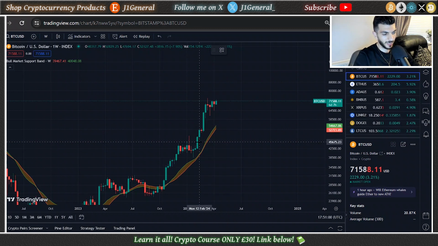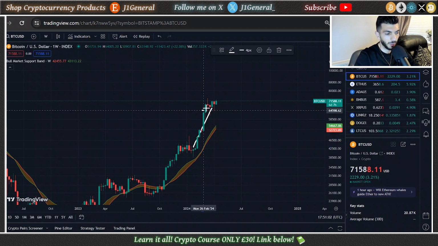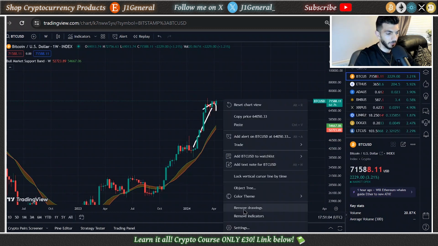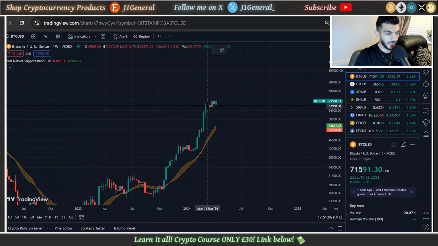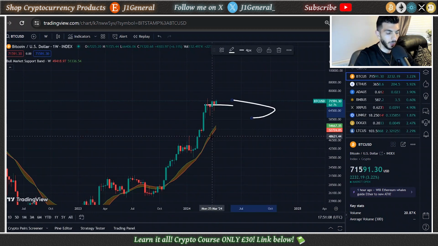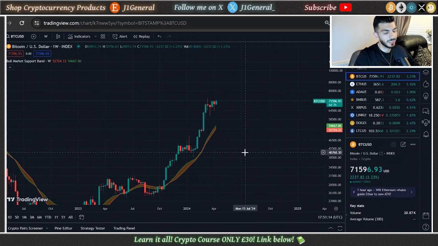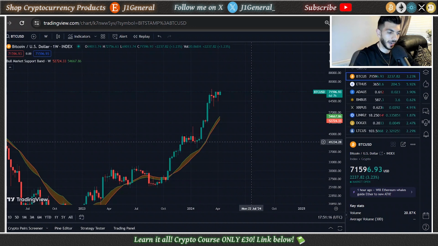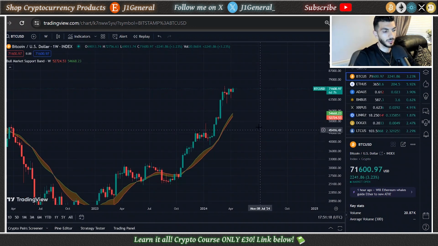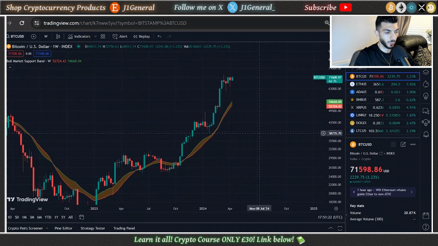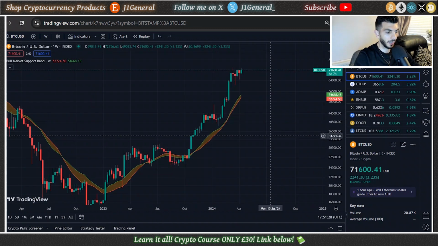That's because if Bitcoin is significantly trending above the bull market support band, Bitcoin can just chill out and go sideways whilst the moving averages catch up. That depends on how long the moving average is. In this instance, the bull market support band consists of the 20-week SMA and the 21-week EMA, so it takes into consideration the last 20 weeks and the last 21 weeks of price action.